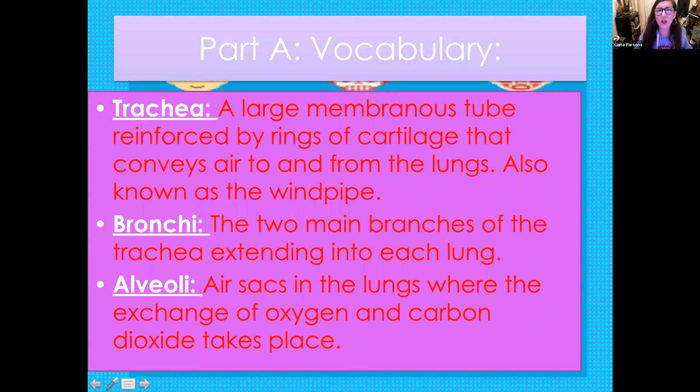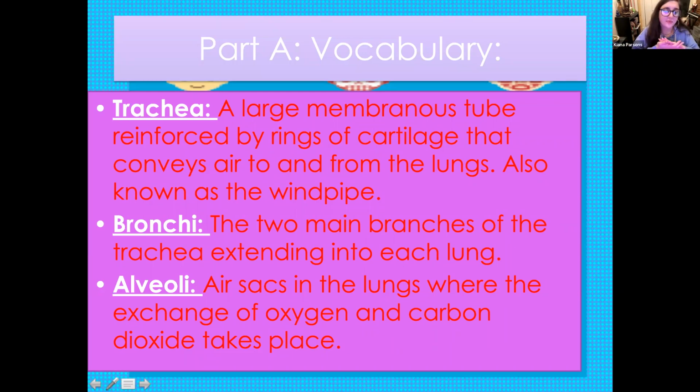So part A, some basic vocabulary terms. We have first the trachea, which you might remember from yesterday, which is your windpipe. It's a large membranous tube reinforced by rings of cartilage that conveys air to and from the lungs, also known as the windpipe. So breathing and talking happens through that tube, which is alongside your esophagus in your throat. The trachea is not a muscular tube like the esophagus. Remember, the esophagus undergoes expansion and contraction in the form of peristalsis when we swallow. The trachea doesn't do that. Instead, it's, as said here, a large membranous tube reinforced by rings of cartilage, so it's firm,